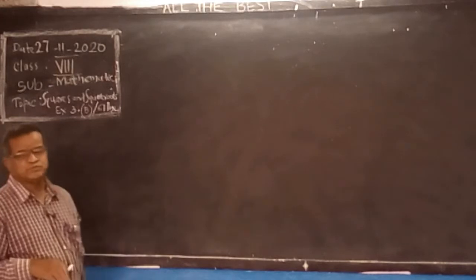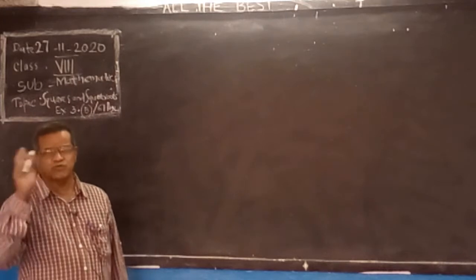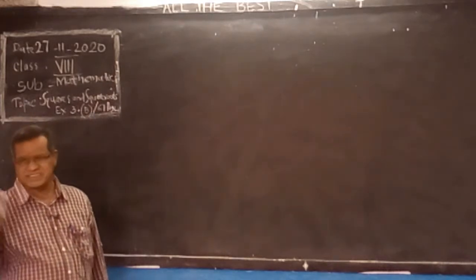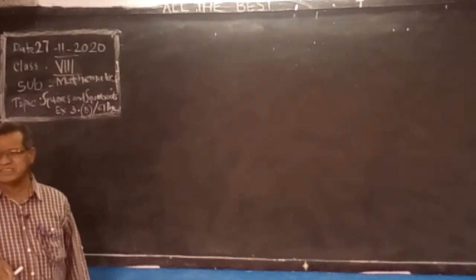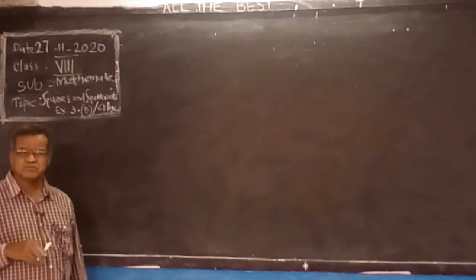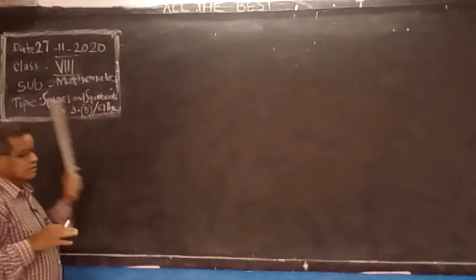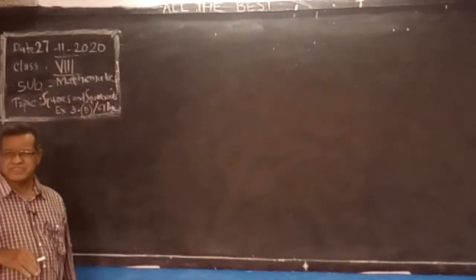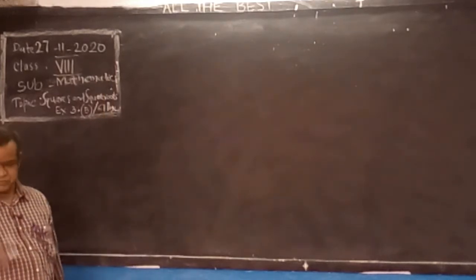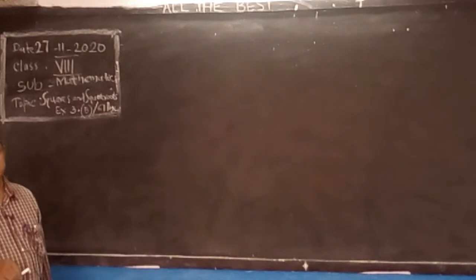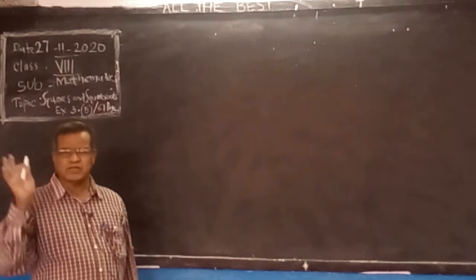Suppose I ask you 21 squared, so immediately you have to say 441, sir. What is 18 squared? If I ask another boy, immediately he should answer 324, 18 squared. So like that you learn by heart. A clever student will say immediately without actual multiplication: 18 squared, 18 into 18, immediately we have to say 324.